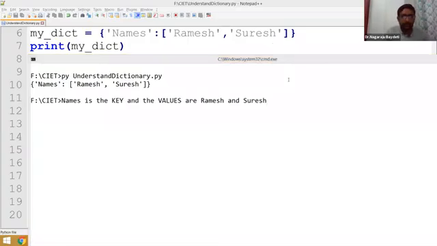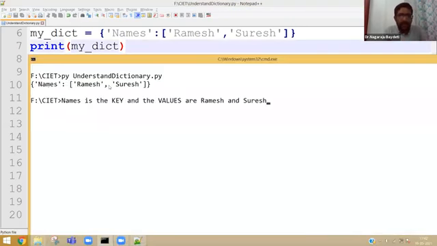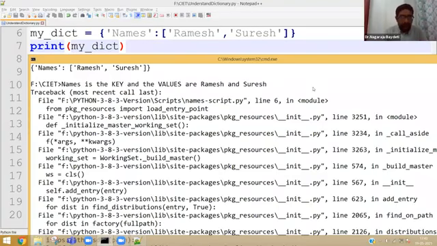Next, I don't want the entire thing, like I don't want names, Ramesh, Suresh. I want only the name without the key. So that is also possible. Oh, 1 second. I have executed something wrong.